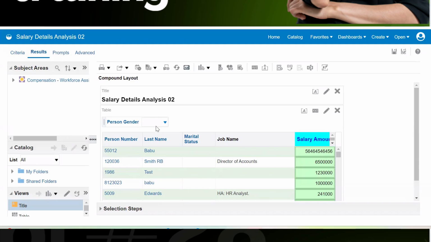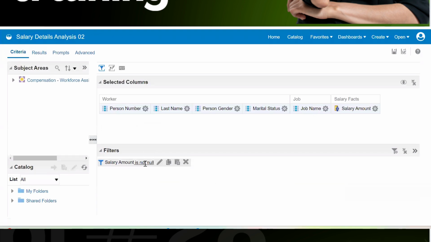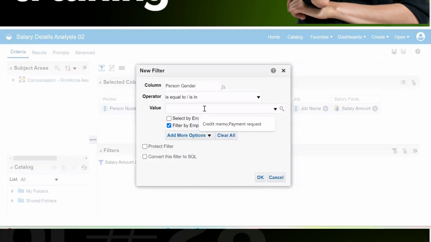Also, I have observed one thing: when we are putting the filter criteria, it is always coming as AND only. It is possible to use an OR criteria. If we add that, the gender filter should be equals to male.